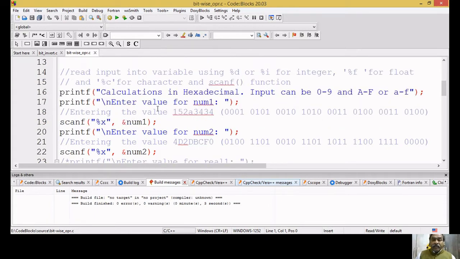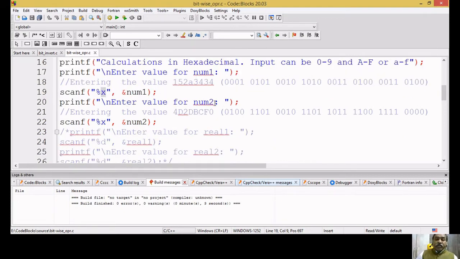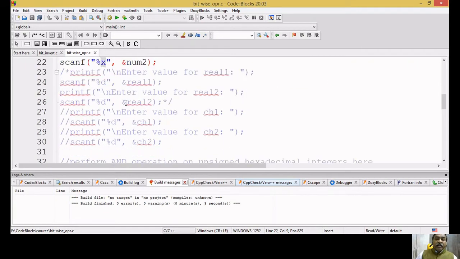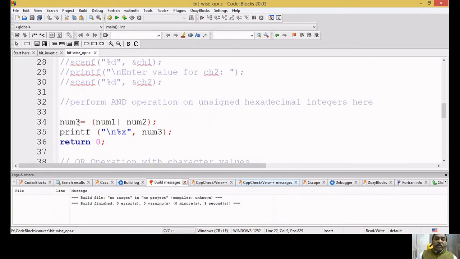Next, enter the value for num1, and you can see the argument here, I am taking %x, in hexadecimal. Next, num2, again hexadecimal, and the operation I am performing is num3 equal to num1 AND num2. First we will see the AND operation.